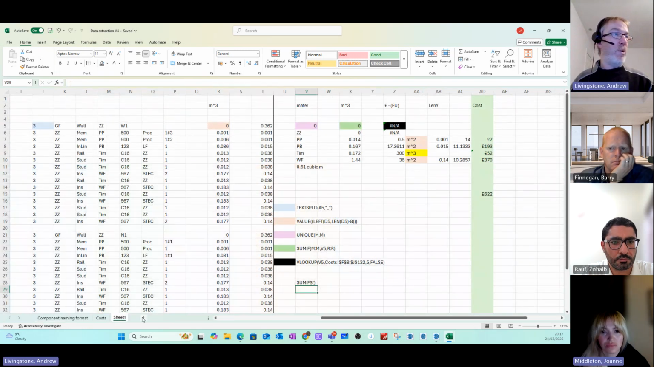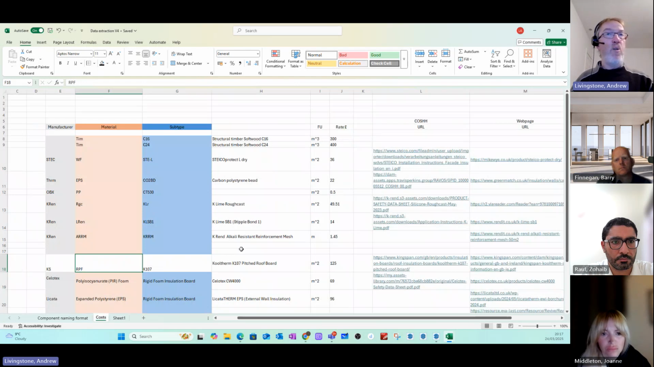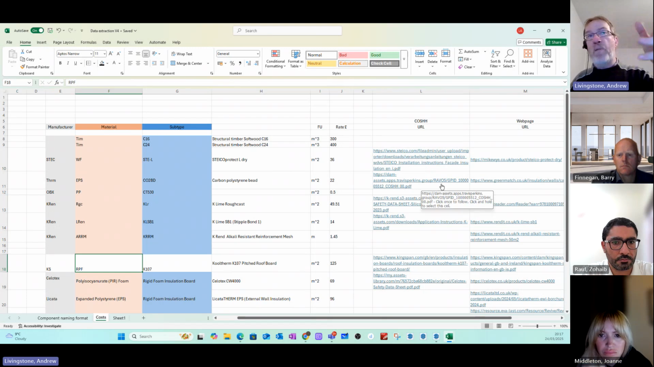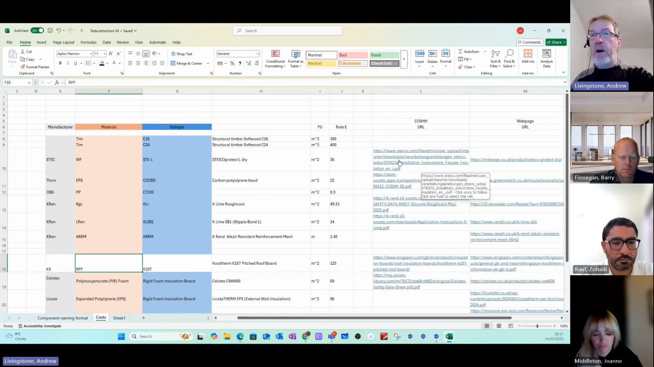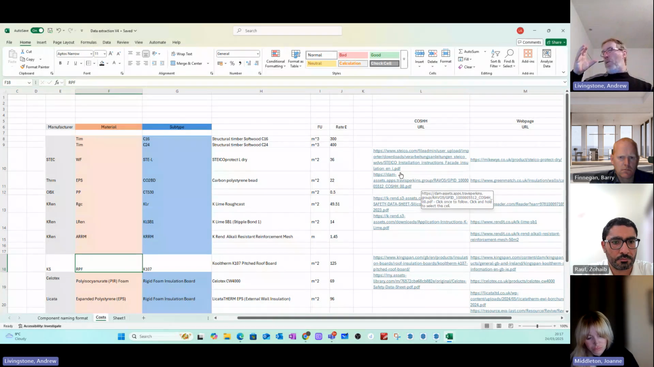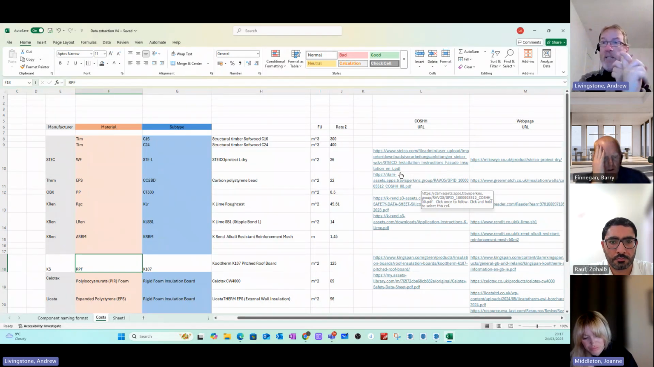sorry, not that one, this one. This is the non-geometry data, and your costings. You could have things in there, not just cost URLs, but also maintenance scheduling, for example. And if that was all put in there on day one by the architects, the